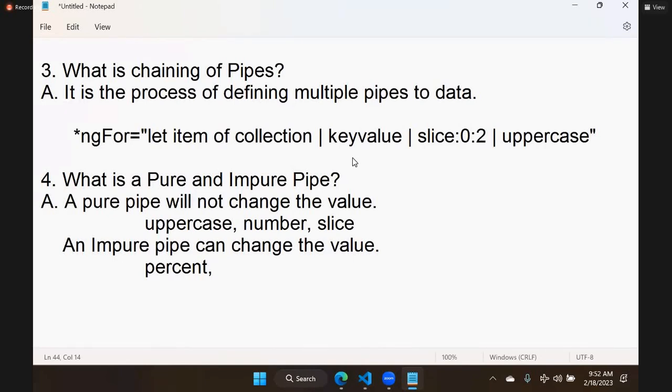Slice is not changing the value. Values are not changed. No? Values are the same. Slice is not changing the value. It is displaying only a few values. A complete value is changed. The value is changed. The other pipes you learned yesterday, like